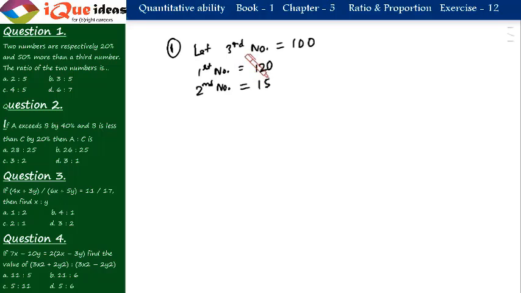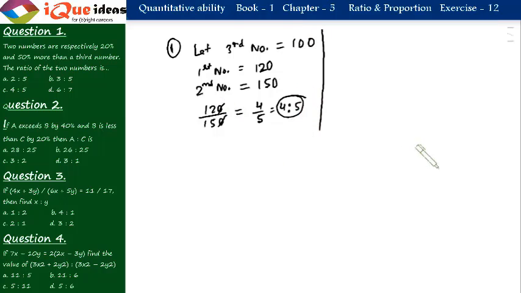150. The question asks for the ratio of the two numbers. So the ratio of the two numbers will be 120 upon 150. When you simplify, 12 by 15 cancels by 3, so it is 4 by 5. So the required ratio is 4:5. Just be careful here. Alright, then the question